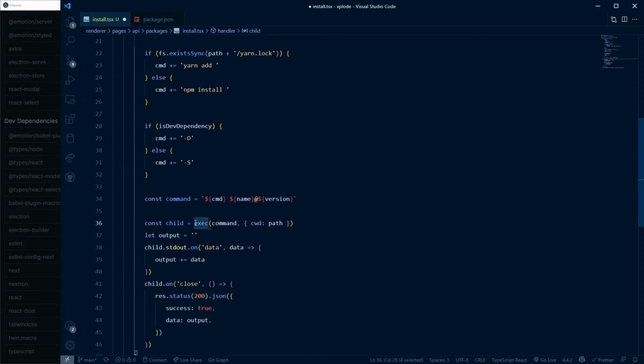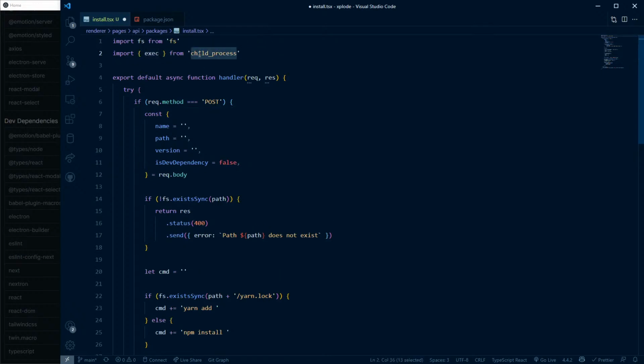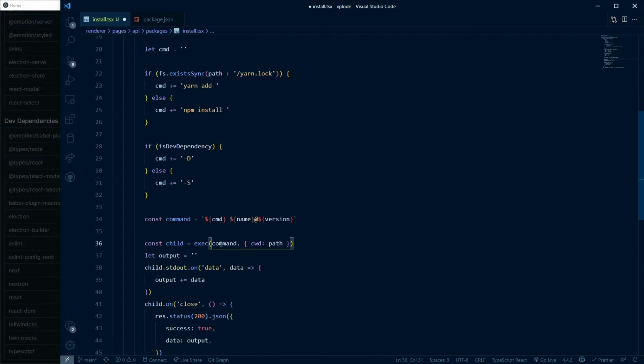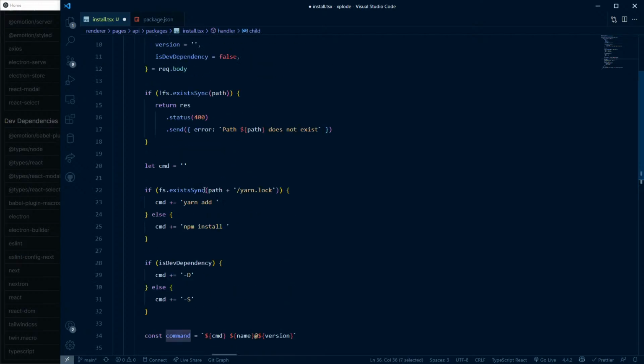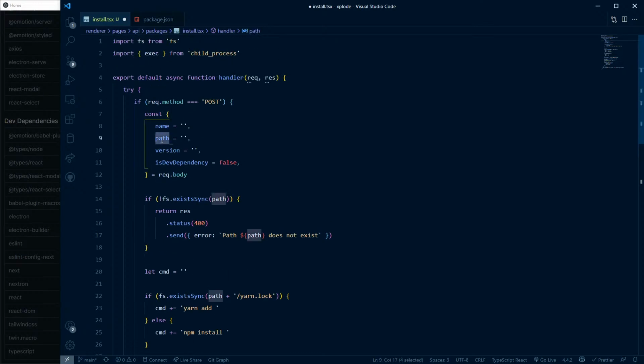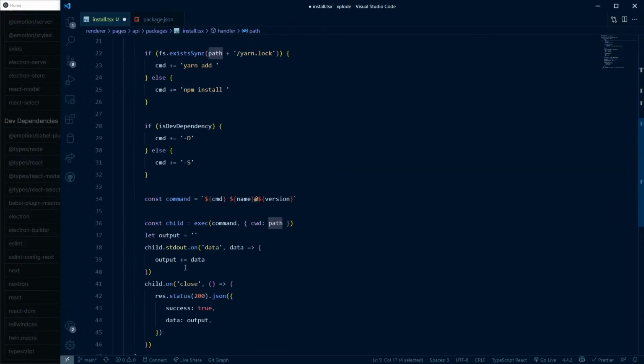And then we use this exec function that comes from the child process, which is native to the node environment, right? And we use that to execute a command at this path that the user passed to the project, right? And then we just push the output into the output variable, and then we resolve it, send the response, and send it back to the front end or back to the user. With this, I think what we need to do next is, now that we have that,